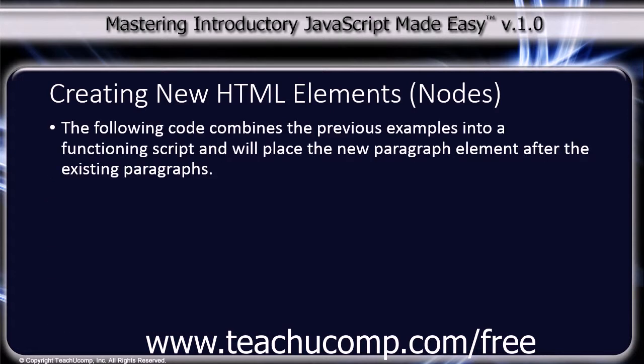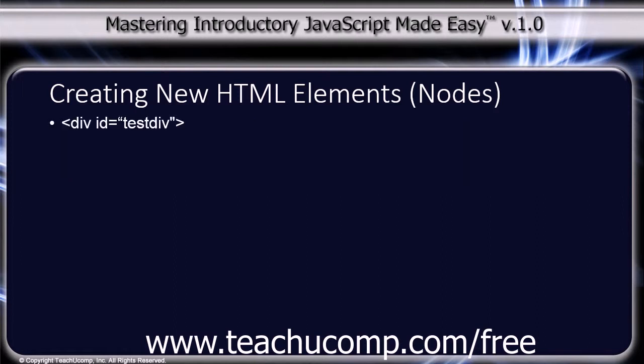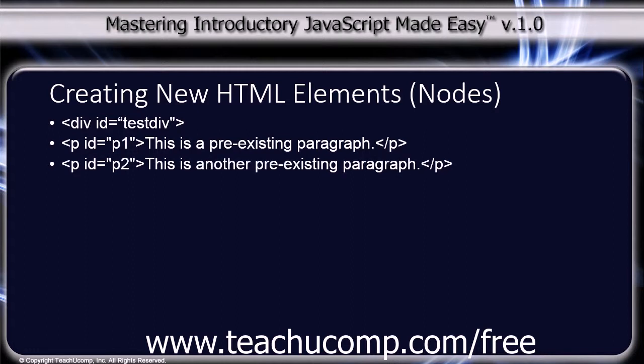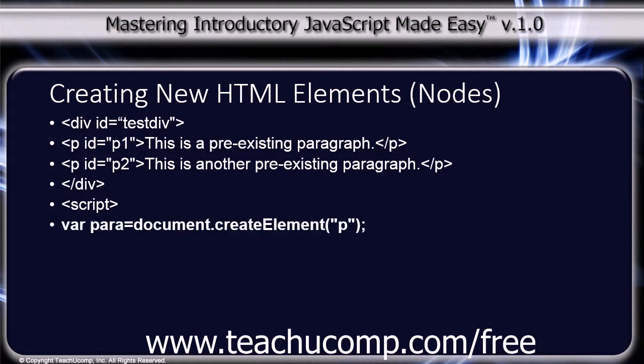The following code combines the previous examples into a functioning script and will place the new paragraph element after the existing paragraphs. So we have the div tag with an ID of testdiv, paragraph with an ID of p1, paragraph 2 with an ID of p2, close div tag, the script tag, var para =